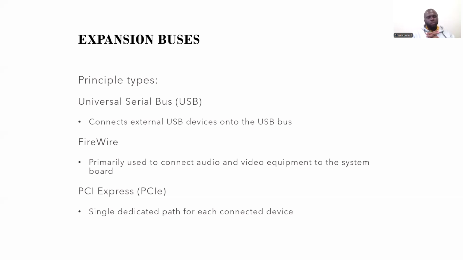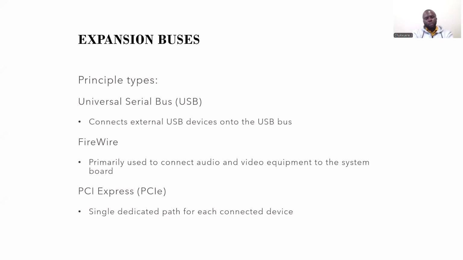Expansion buses have a principal type, which is your Universal Serial Bus, USB, which connects external USB devices to the USB port. You have your FireWire, which is primarily used to connect audio and video equipment to the computer board. You have your PCI Express, which is a single dedicated path for each